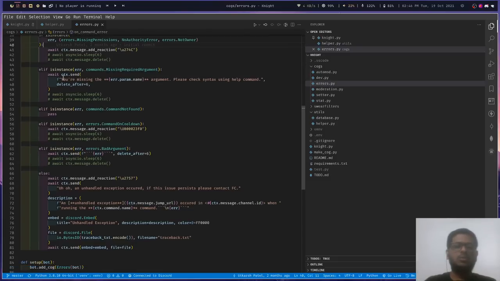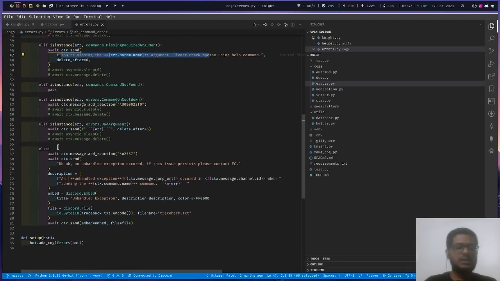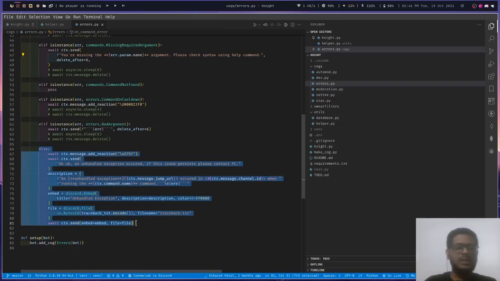So if we don't provide proper arguments to a command, this will return the message: you are missing, then the argument name. Similarly, there are other errors, and at last this is the generalized error.